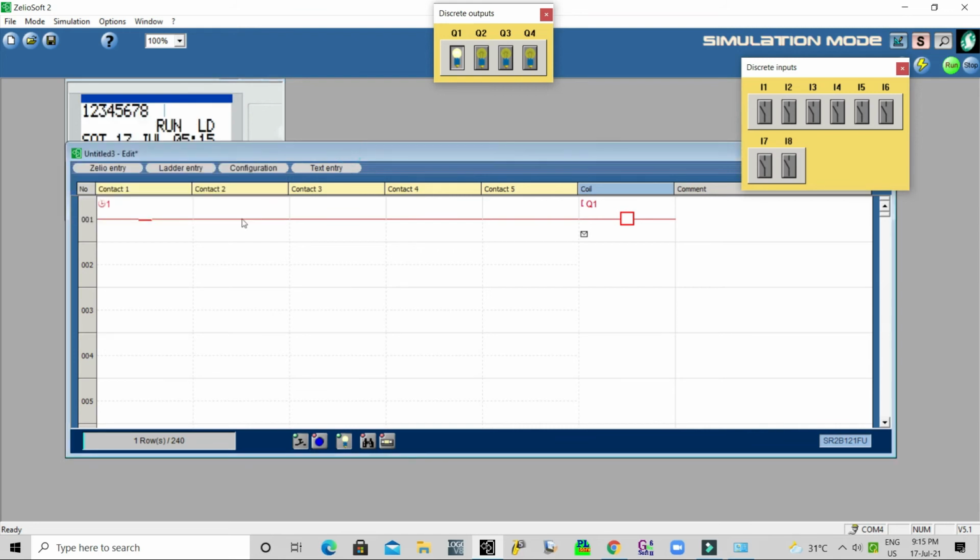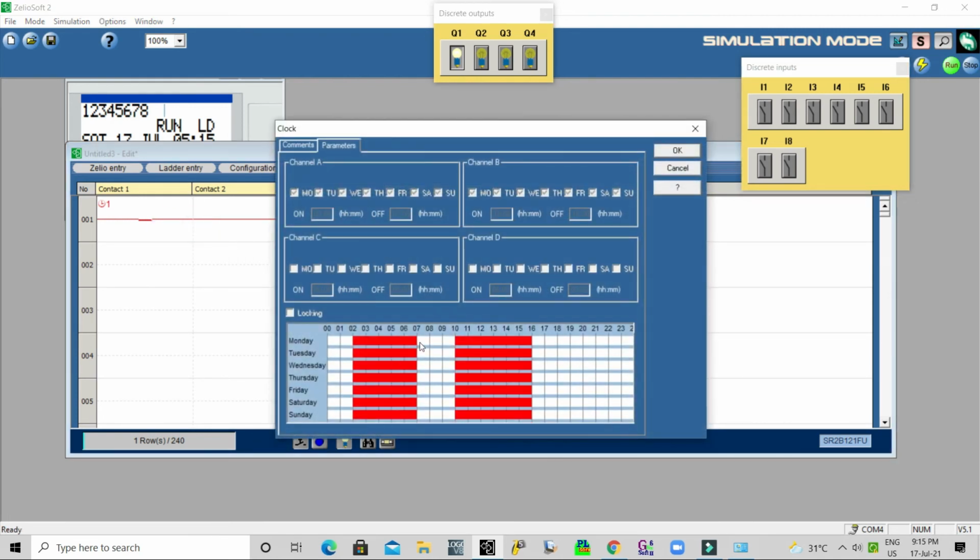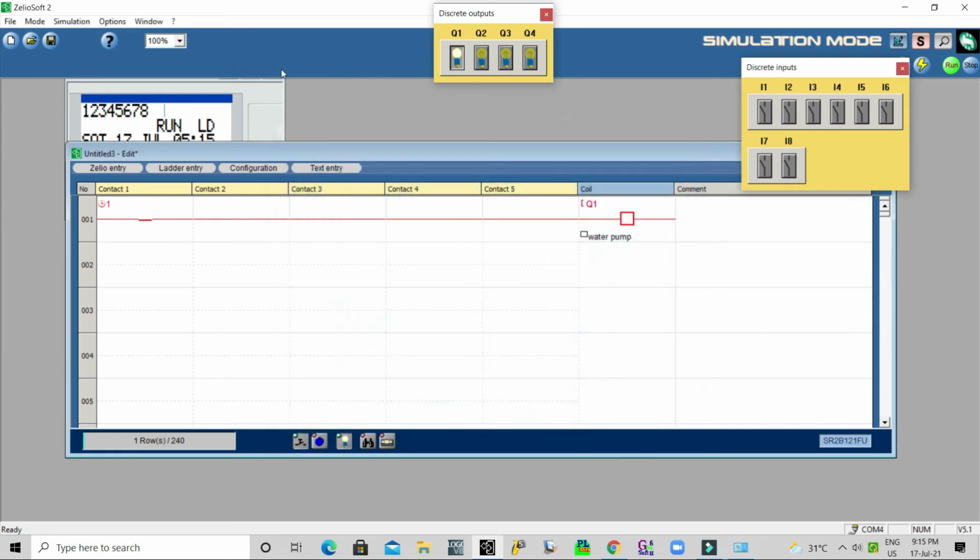5:15. So our timer is closed, so our output is on, the water pump is on. This will keep on working till the off time, 7 or 7 plus, or 8 o'clock it should be off. So again I will change the timing.